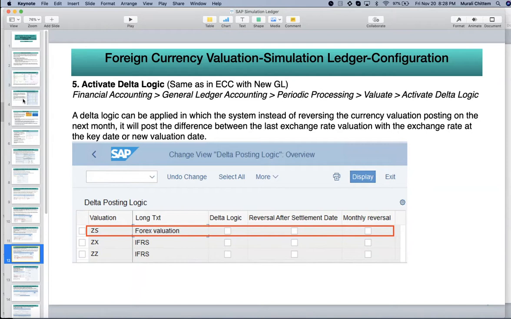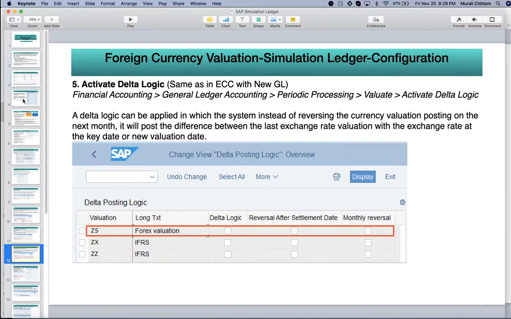The second method is posting a valuation gain or loss at the end of the month, but not reversing it on the first day of the next month. Instead, delta logic is used: based on the next valuation run, the system does the valuation and calculates the difference between the current period end and whatever was valued earlier in the previous period.